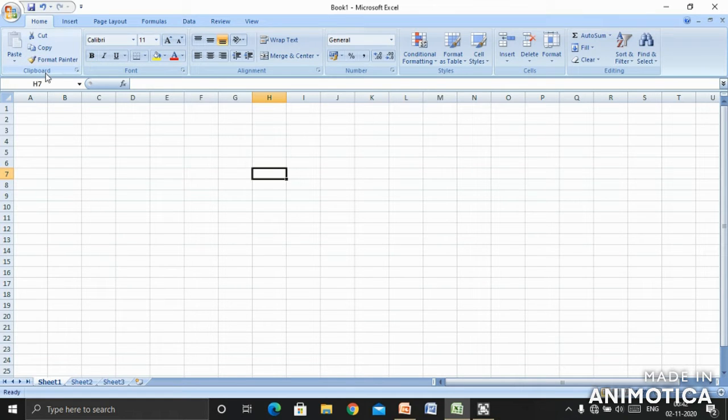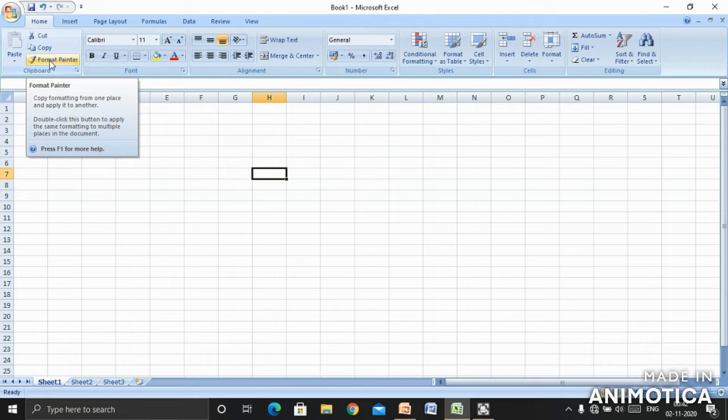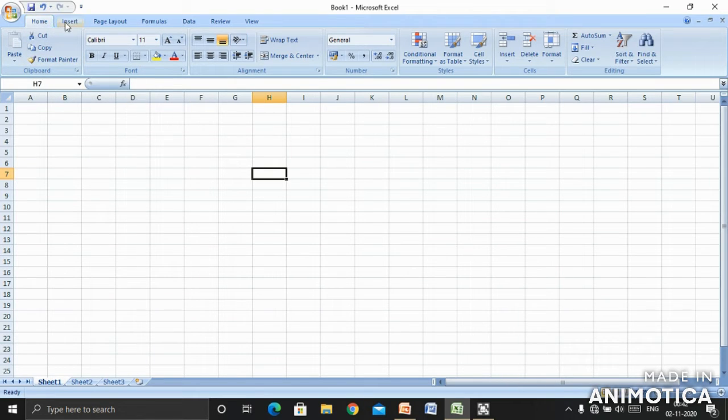We can see here Clipboard, Font, Alignment, Number, Styles, Cells, Editing. These are the names of the groups. So all the tabs have different groups. Like in the Home tab, the Clipboard group is there, Font group, Alignment group, Number, Styles, Cells, Editing groups are there.